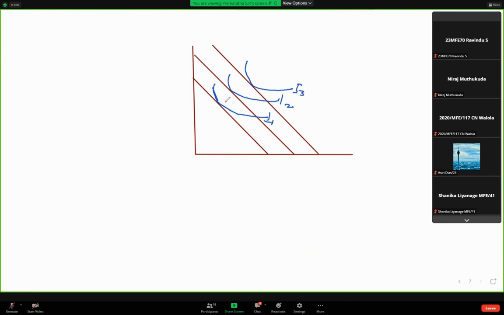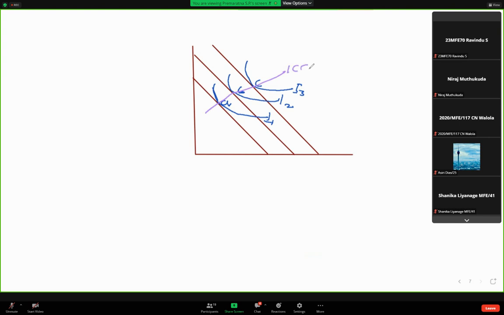They move through points A, B, and C like that. This happens when income increases. Connecting these, we can draw another curve that we name as the